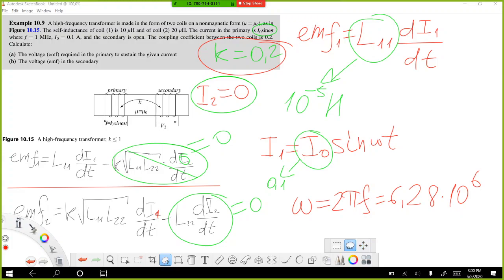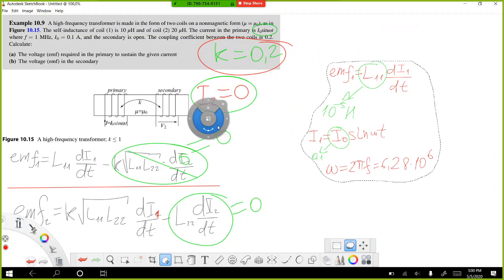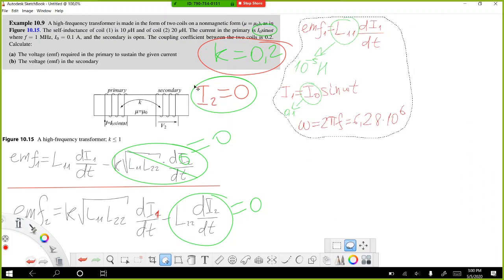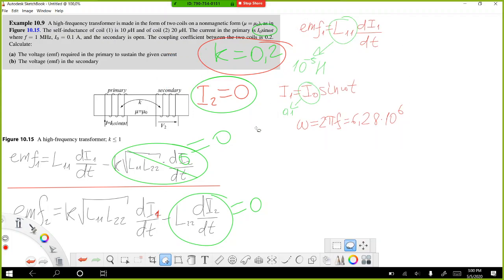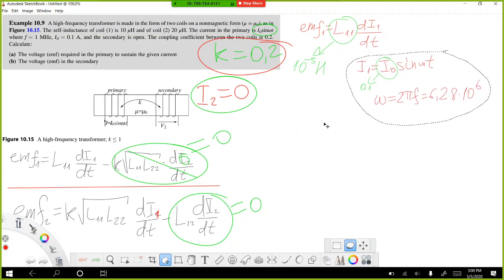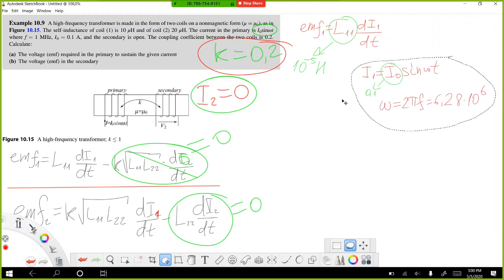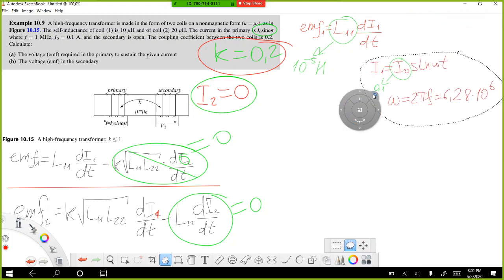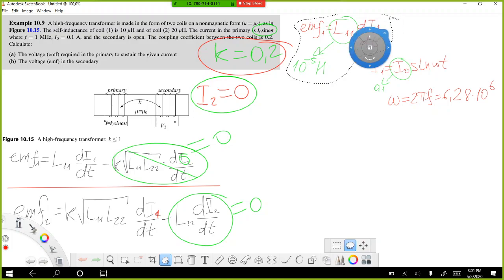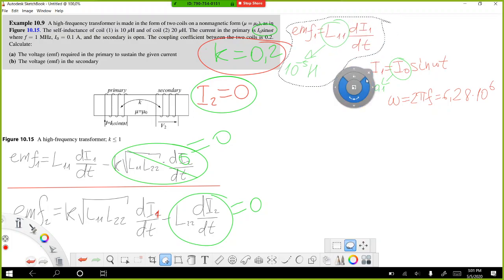Okay, let me scale down all this in order to write everything on one page. Let's move it somewhere here. Okay, now